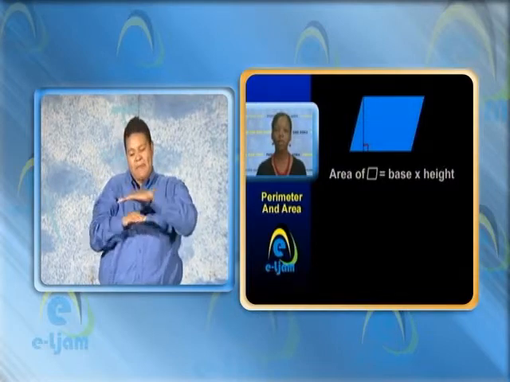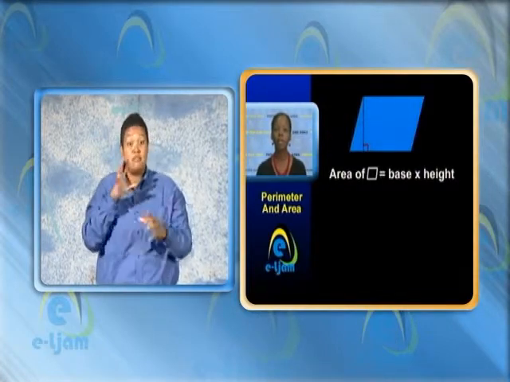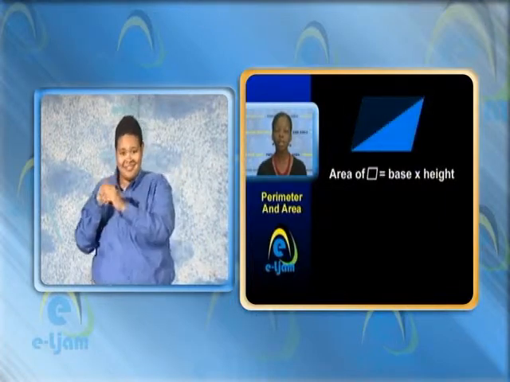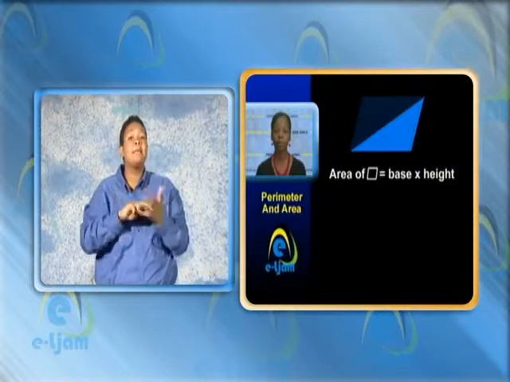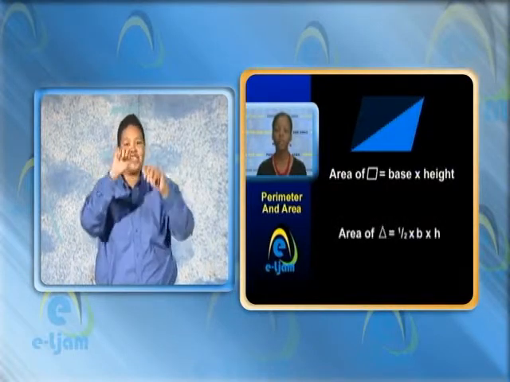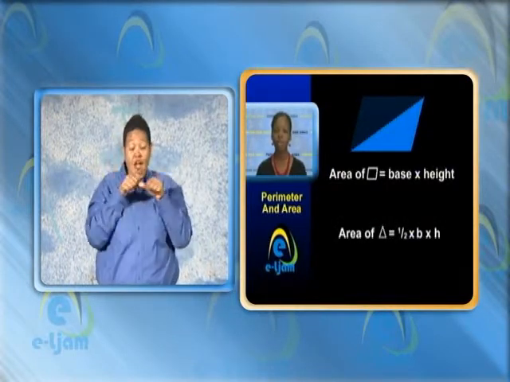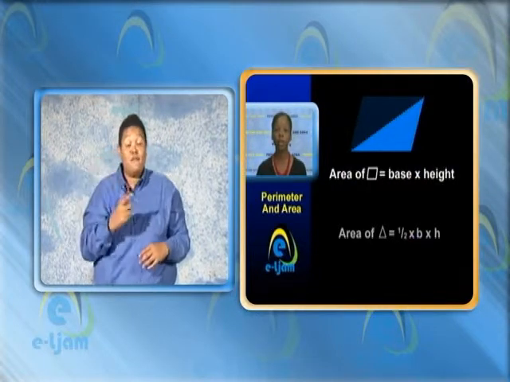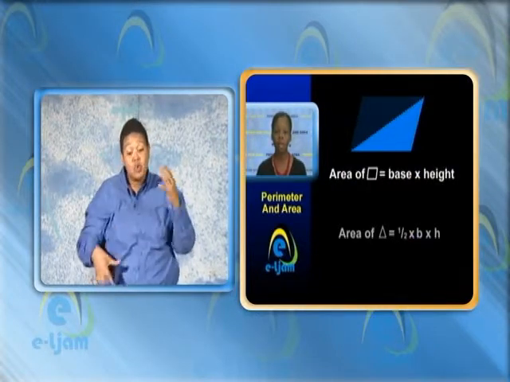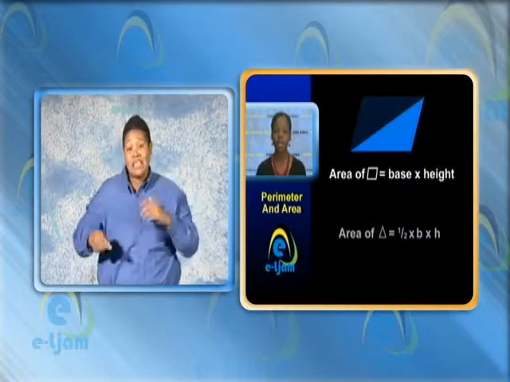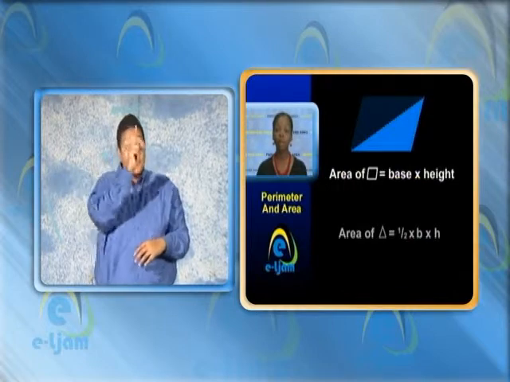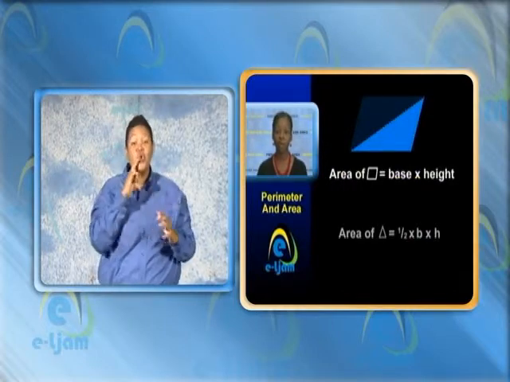This comes from the fact that the parallelogram consists of two congruent triangles. Congruent means equal in size and shape. We know that the area of a triangle is half base times height. So if there are two triangles, the total area would be half base times height plus half base times height. Half plus half is equal to 1, so the total area, which would equate to the area of the parallelogram,